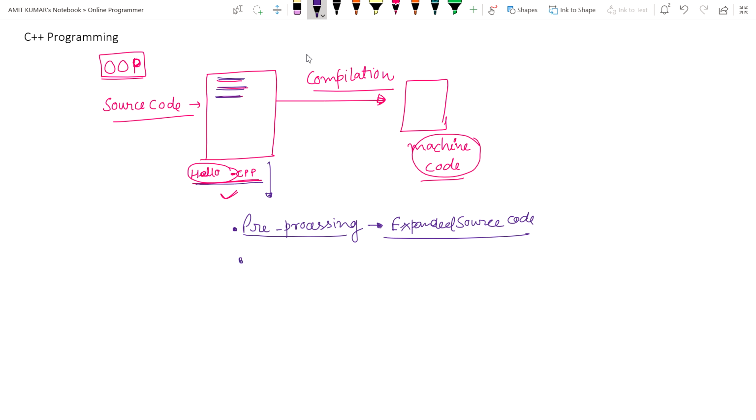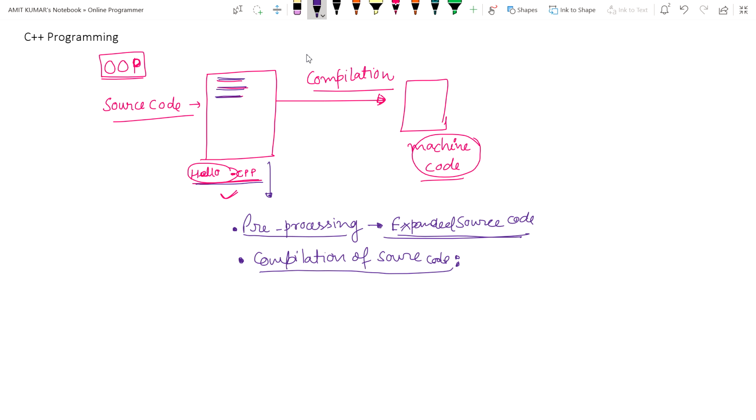In the second step, we call this step compilation of source code. In this step, the expanded source code is converted into machine specific code, because multiple machines have different types of settings, and the compiler is designed according to that.